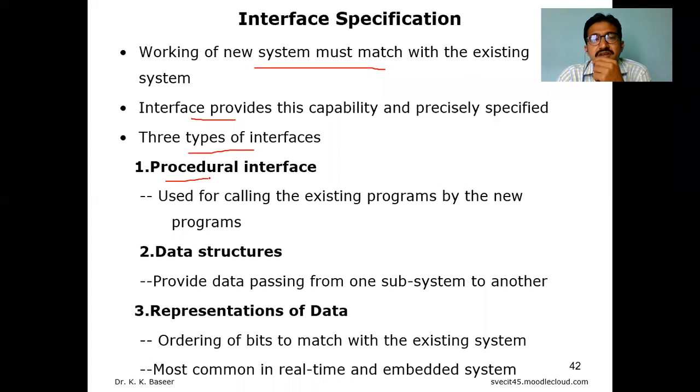The first one is the procedural, the second is the data structure, and the third one is the representation. Procedural talks about calling the existing programs by new programs. Procedure means you write the code in the conventional or traditional way. When you deal with object-oriented things, when you call the same function, same module, or same routine there, definitely we require some procedural interfaces, so that if existing code is written in C language and the new system is written in an object-oriented language,